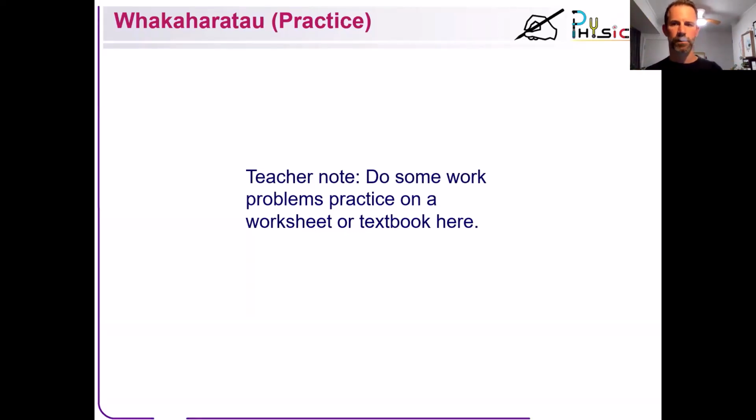I wanted these resources to be non-book specific. So if you have any resources that you use, any textbook that you've decided is the best one to use, I'm not saying you should buy any particular textbook. I have a particular book that we use at my school. In my version of this, I'll probably have some page numbers right there. But this is where, if you ever find these, there's like 15, 20 minutes for you to do some problems on a worksheet or a textbook. I recommend putting in some page numbers there. If you have multiple classes, I recommend putting it there so your teachers know which pages to look for.